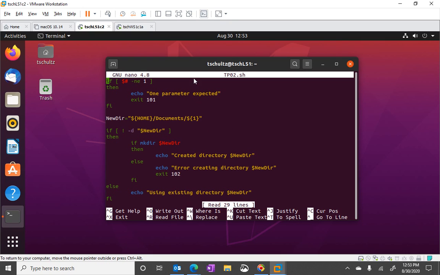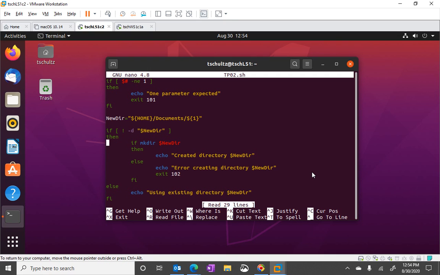In my running of it lately, it was sample dir, but we want the script to be general purpose. Next time it might be food as the name of the directory they want to create. The script is general purpose. So things with a $ in front are variables. If it's a $ and a number, then it's a parameter. Parameter 0, it turns out, is the name of the script itself. We'll see that